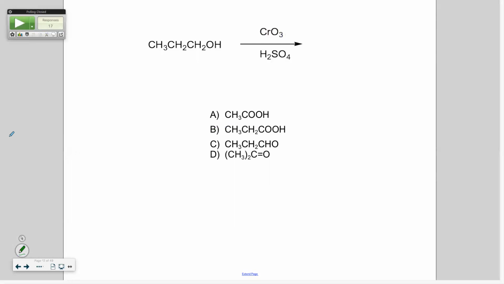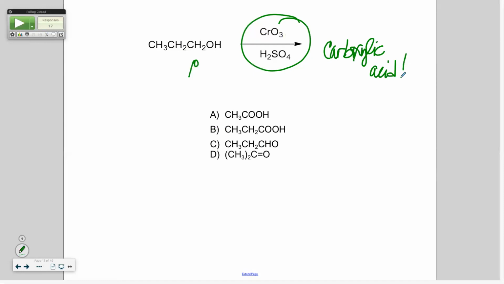All right, what kind of alcohol is this? Tell me about the reagent. It's going to give you what? I gotta write that. I would just like to say I was good. Yeah, that'd be great. Okay, why is A wrong? Because somehow you lost carbon. Why is D wrong? Yep. If you were going to make D, you would have to start with isopropyl alcohol. This one. Okay. All right, you got to pay attention to that.